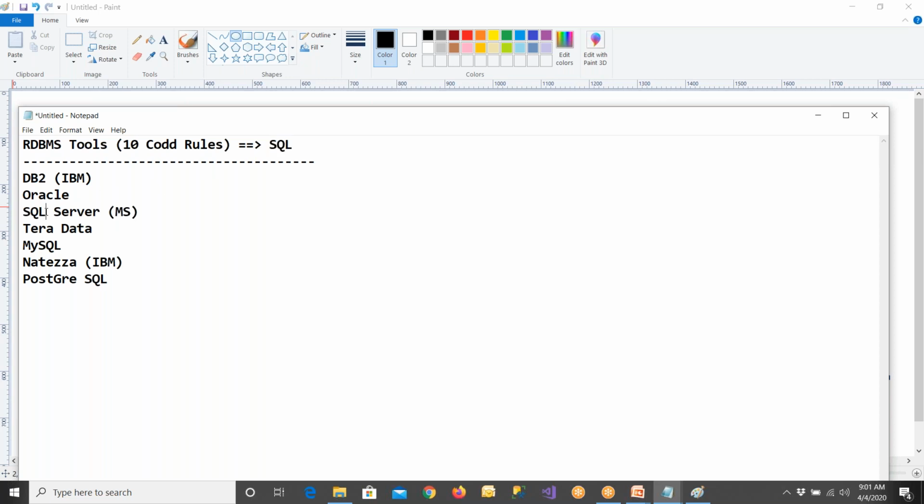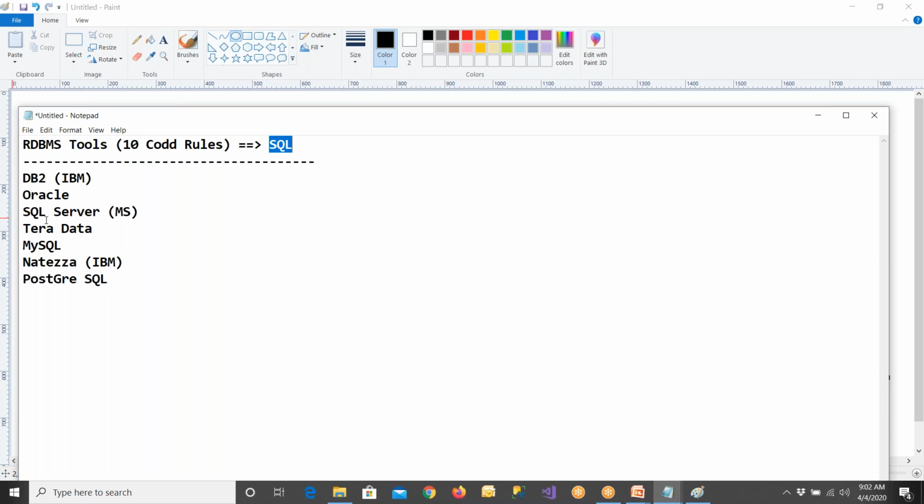People have taken the same name. Your name is also Trump, my name is also Trump, but we cannot become presidents of America. So never say that SQL is equal to SQL Server. No, SQL Server is a software name. Inside this software we are going to use a language called SQL only. So we are going to provide commands with the help of SQL. SQL stands for Structured Query Language.